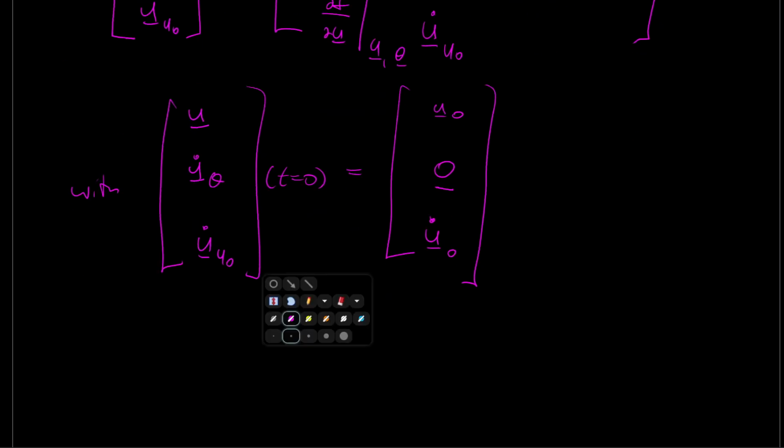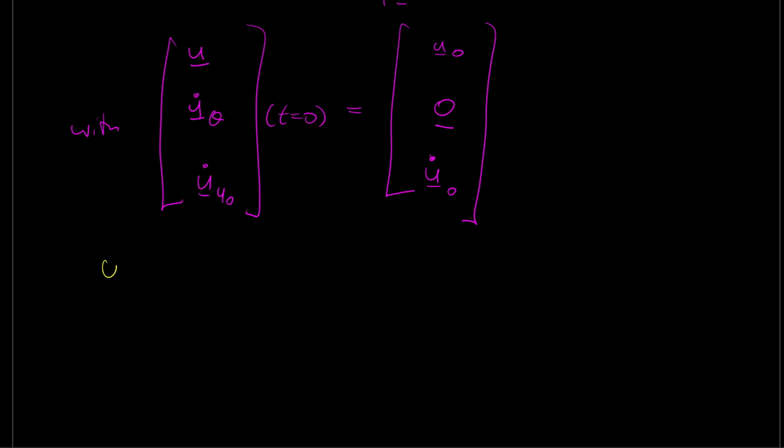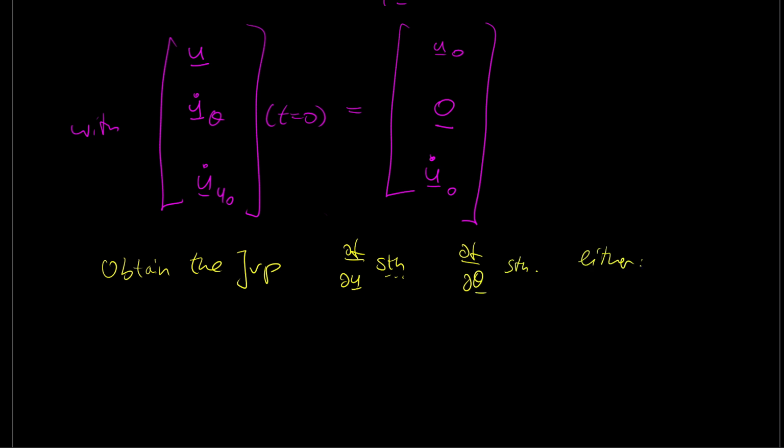Okay, and let me again write this down. We had that before, but I just want to also have that in that section of the PDF so that we obtain the JVP, so the Jacobian vector product, which was df by du multiplied with something, or df by d theta multiplied with something. Either, so there are two ways, by forward mode autodiff,